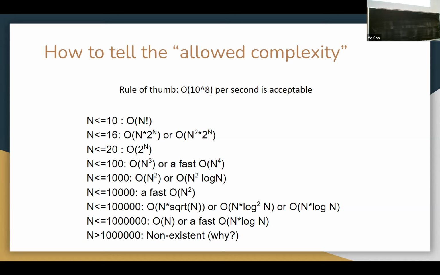Yes, correct. The correct answer is if you have some data that's 10 to the 7, just reading the input into your program is probably going to take a few seconds and exceed the time limit. There is just no point for them to give you a data set of such large size. It just doesn't make sense. So 10 to the 6 is the largest data set you're ever going to encounter in a programming context setting.